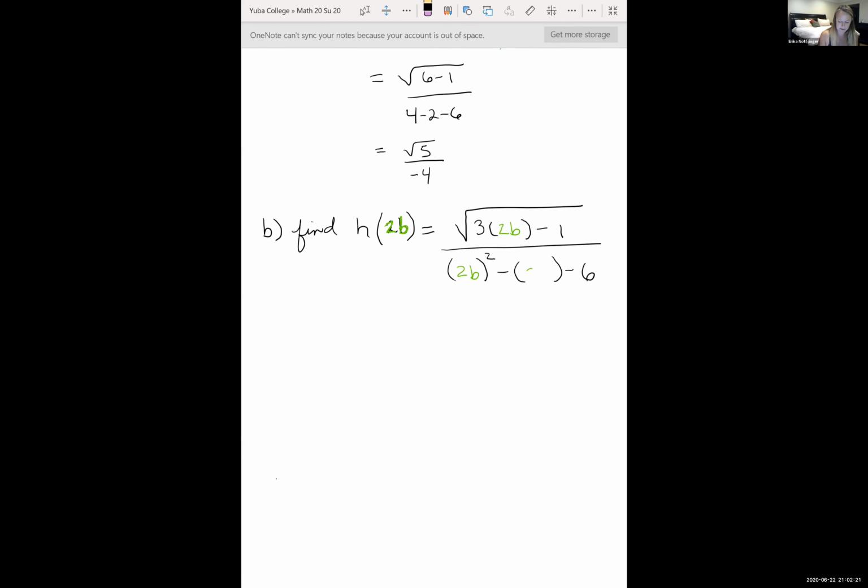So in this case, we're not going to be able to get a number, but we'll have an expression. We can simplify it down as far as possible. And so we have the square root of 3 times 2b. Well, 3 times 2, so that's 6b, minus 1, all over, oh shoot,